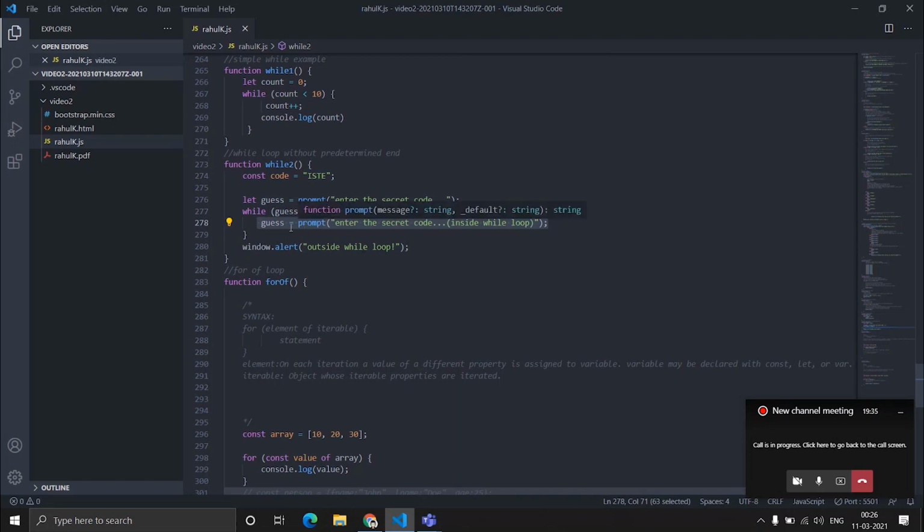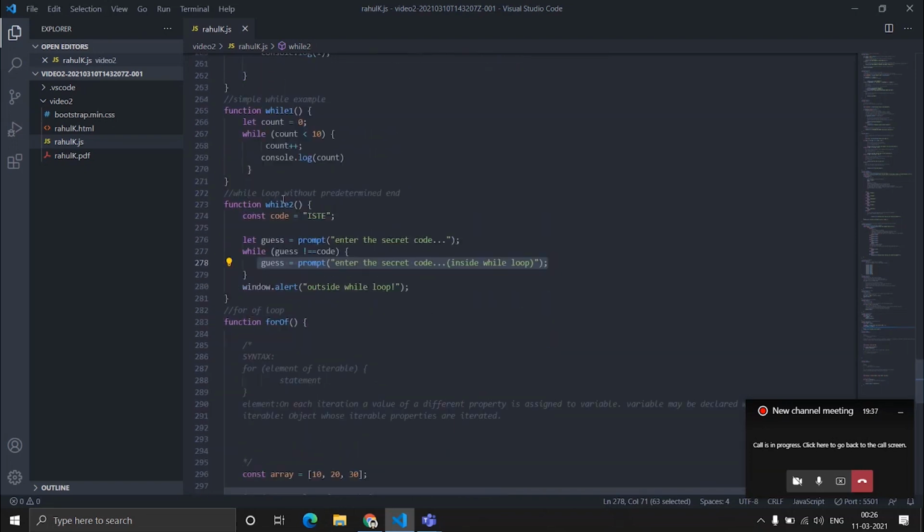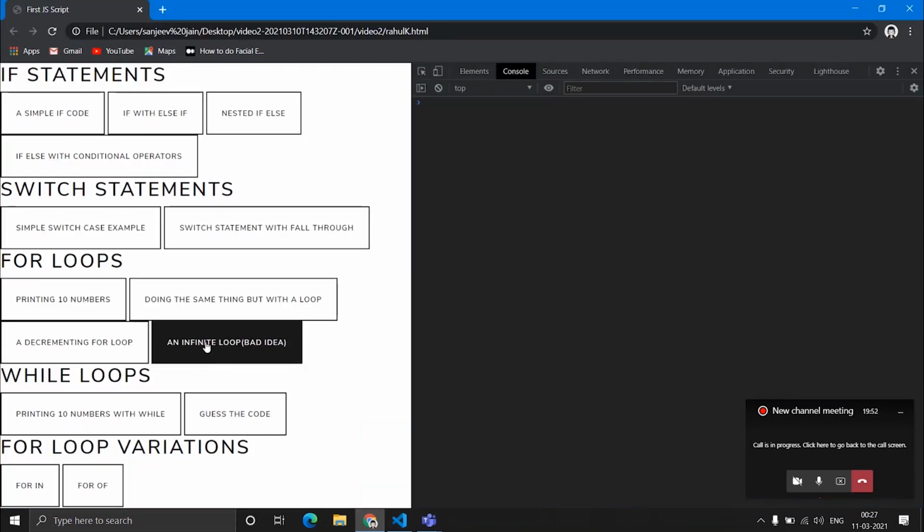So basically, as I mentioned earlier, this will be an infinite loop, but there is a certain point where it will get terminated, and that point is when the guess becomes equal to the value of code, that is ISTE. So let's run and see.